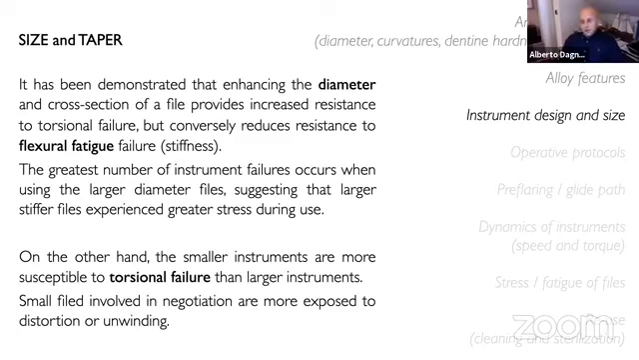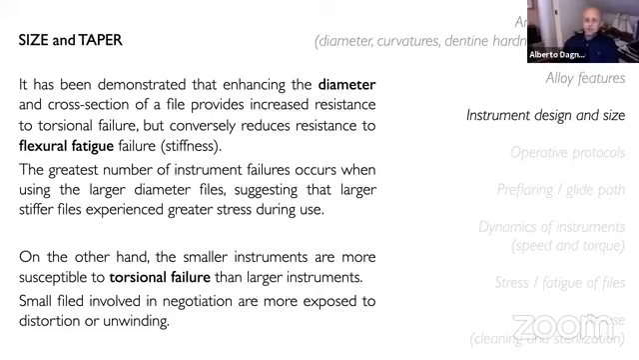And on the other hand, when we choose a small file, we have to consider that a small file is more flexible, so it is more resistant to flexural fatigue, but less resistant to torsional failure. So we have to choose the right compromise in the dimension of the file. We will prefer small files for the initial preparation, the initial negotiation of the canal, and then we have to